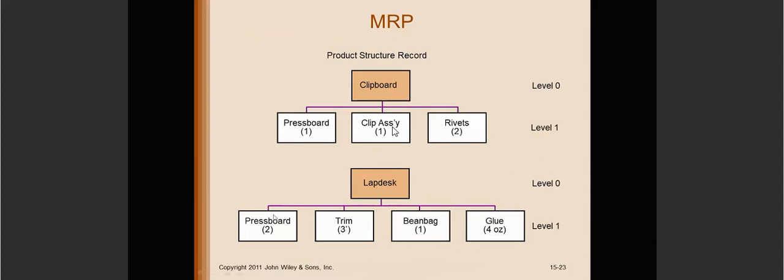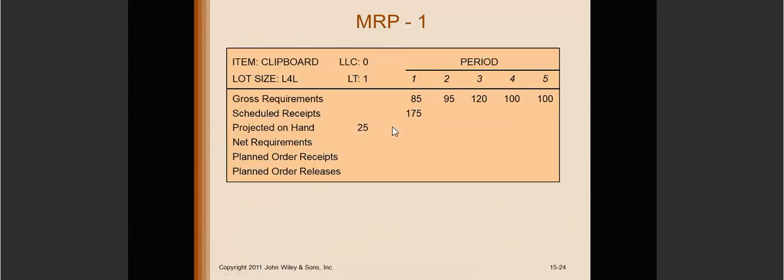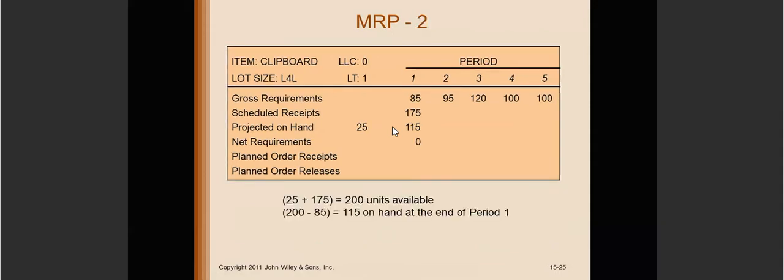For the lab desk, we also require a press board, but the usage is 2 units, and we need 3 units of trim, 1 beam back, and 4 hooks of glue. So for the first step,